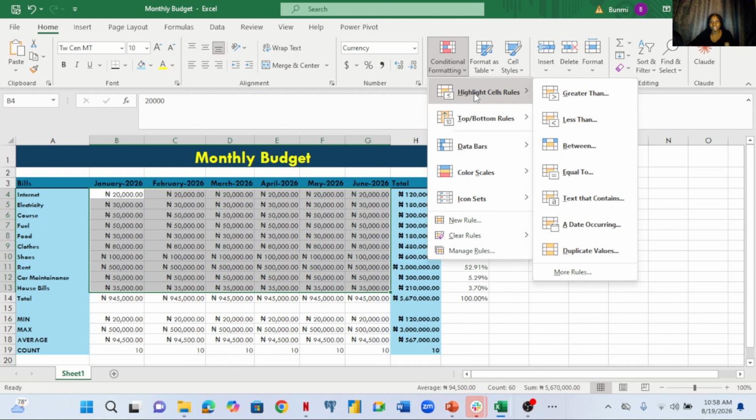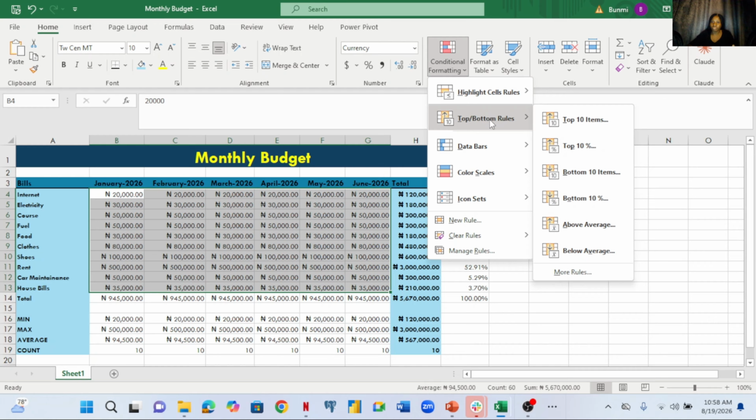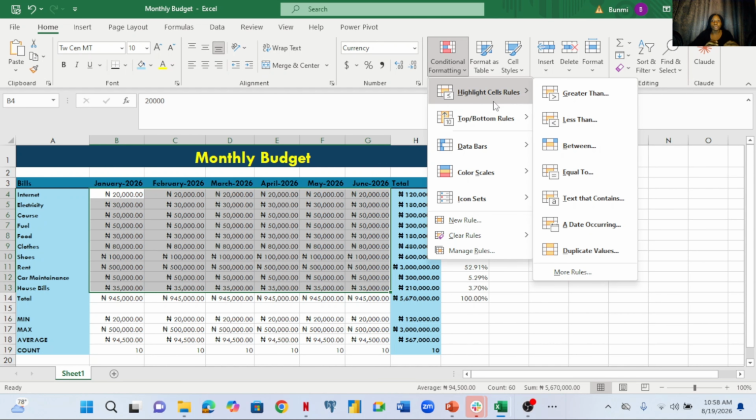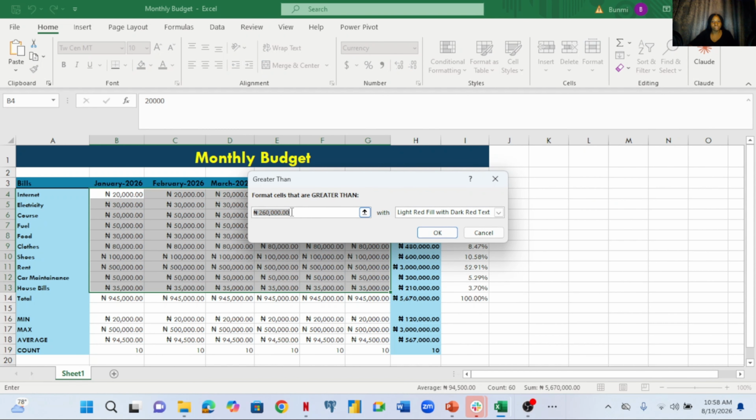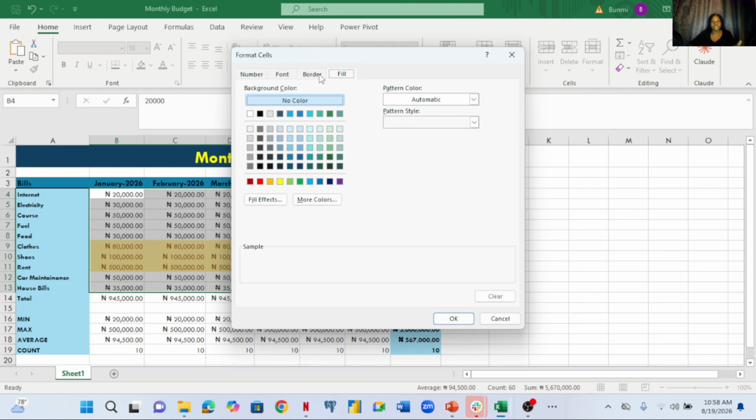There are a lot of conditional formatting options. There's highlight cells, there's top bottom rules, there's data bars. There are a lot of things you can do with conditional formatting, but I'll be talking about the most important one, which is highlight cell rules. So I want to see my amount prices that are above 50,000 naira. I click on greater than, and it showed me 260, but that's not what I want to see. I'll clear it out and type my 50,000 naira, and then I can decide to leave it as light red fill, or select colors, let's say yellow fill, or you can just go custom